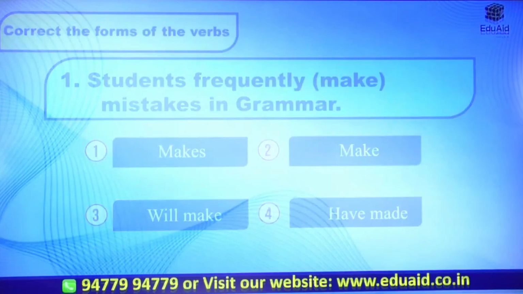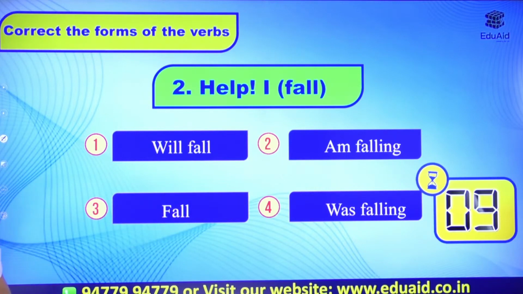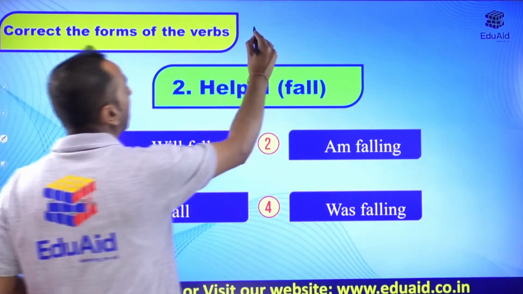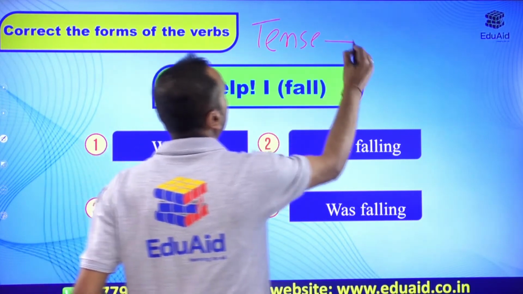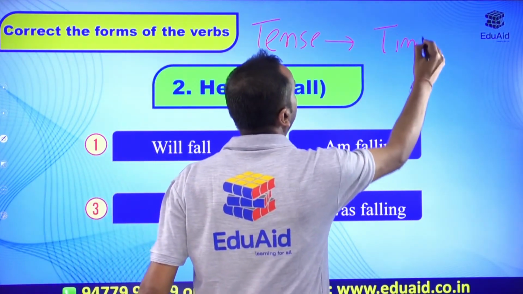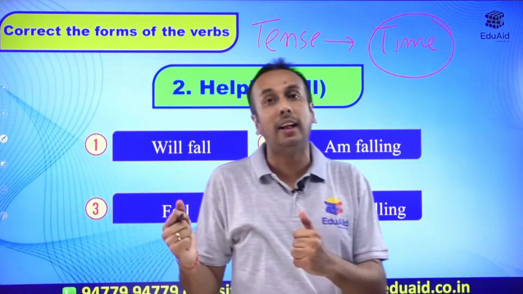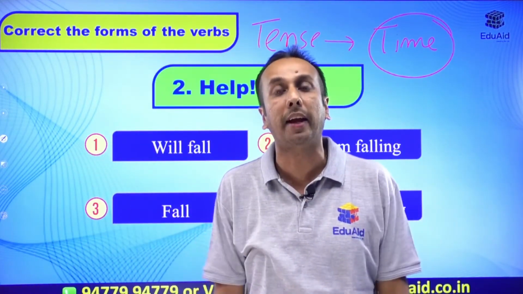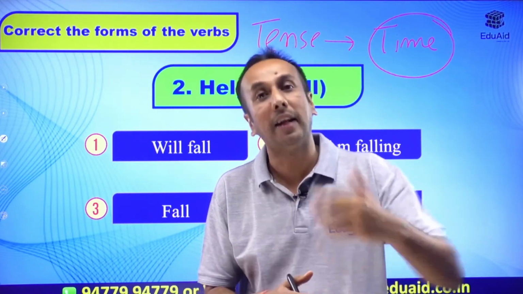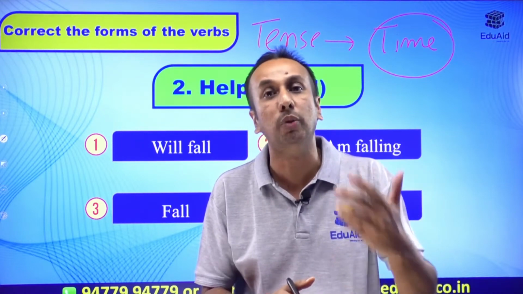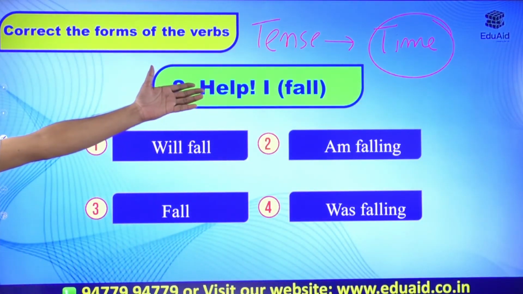Let's have question number 2 coming up. Again going by our simple logic, for tense, which do we look for first? We look for the time first. Now you can ask me, sir, there is no time clue here. When we find frequently somewhere, or yesterday, or tomorrow, we get the time clue. But where is the clue in this question? The funda is